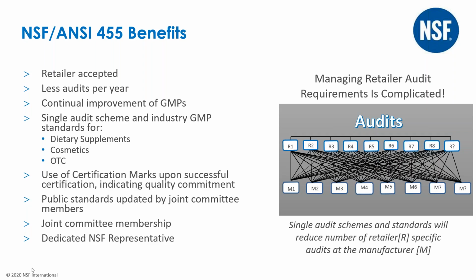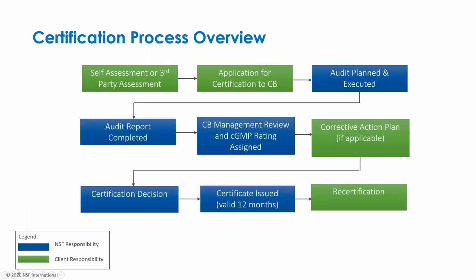I'm now going to advance to the next slide and cover the process involved in actually obtaining 455 certification audits with NSF. This flow chart shows the audit certification process. The teal color shows the steps that will be your responsibility, and the blue shows the steps that are our